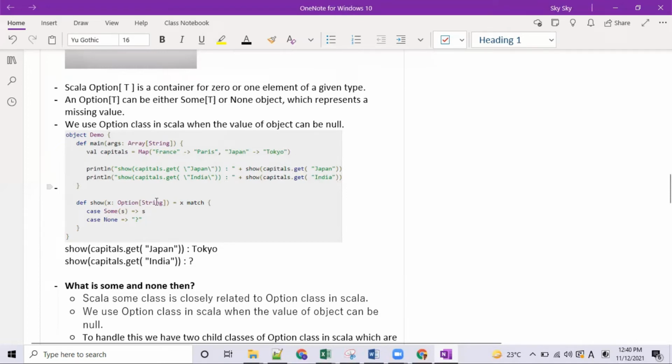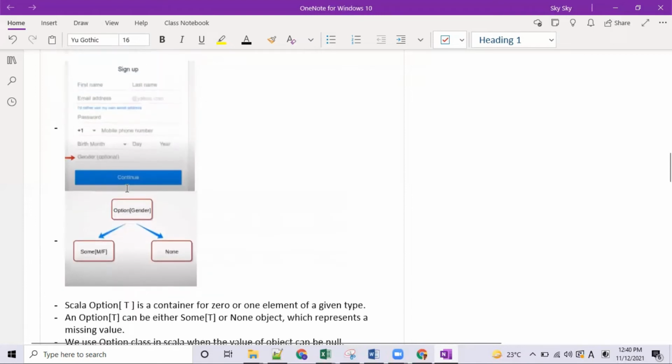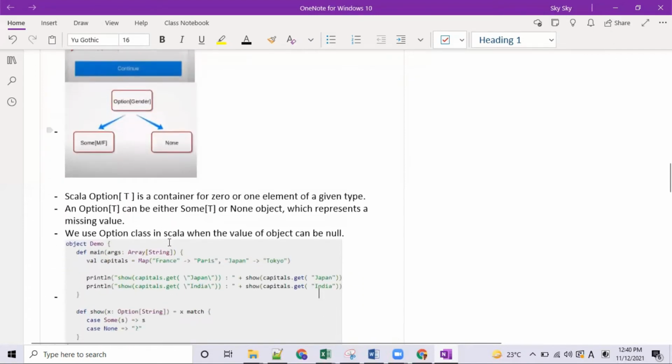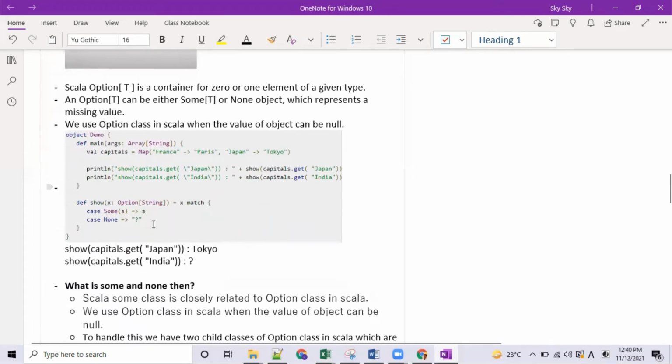So this Option would have the string as an Option. We will discuss what it means, but let's discuss the further code. So this Option object can be of two types, which we have discussed over here, either Some or None. So the Some would have an object and it would return the same object. So whatsoever you pass as x, as over here it is Tokyo and here it is None. So when it comes to Tokyo, it is a string. Okay, it is an Option of string, and it would not go to None.